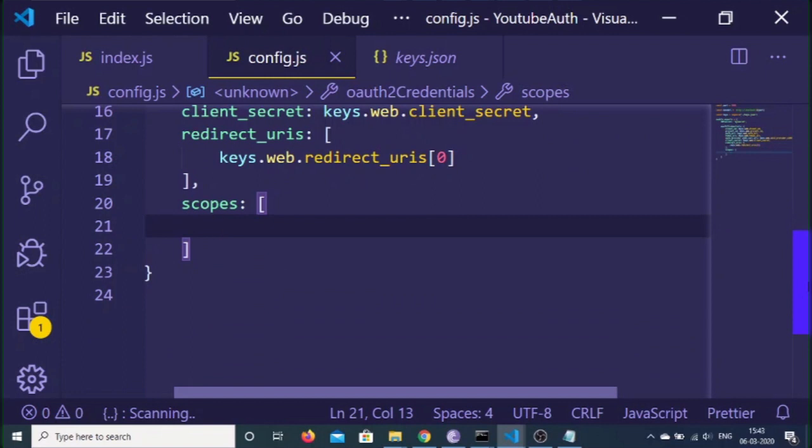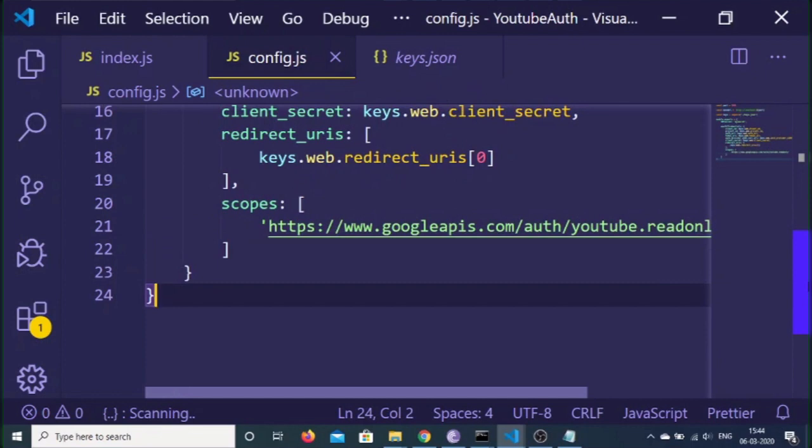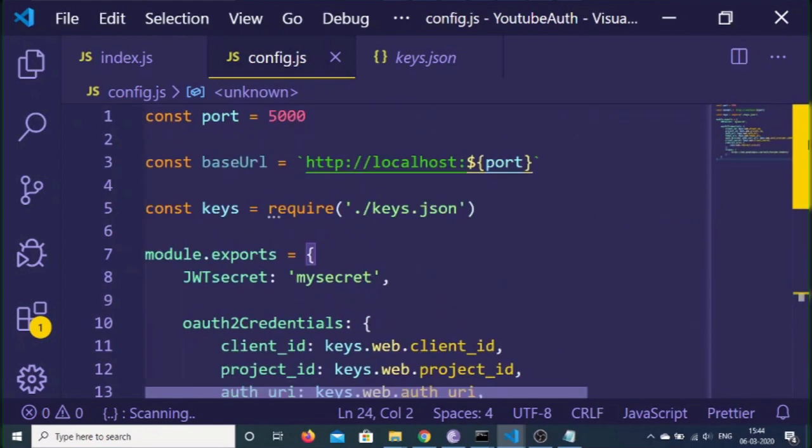For accessing the YouTube subscription list, this is the scope that we need to write here: https://www.googleapis.com/auth/youtube.readonly. So basically we are only reading the data, we are not manipulating it. So this is a scope. So that's it. This completes our config.js file,